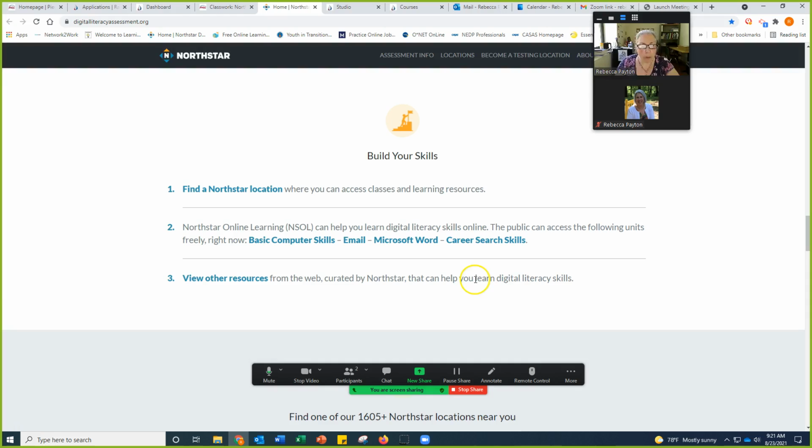Now, if you're still having problems and you're just not sure, I don't know what you mean when I say I need to click here, I can't find it. You can come down to your controls down here for your share screen, and you can press this remote control. When you press that, you are going to give your mouse and keyboard control to the teacher. All right, so when you click on that, when you click on the person you want to share,